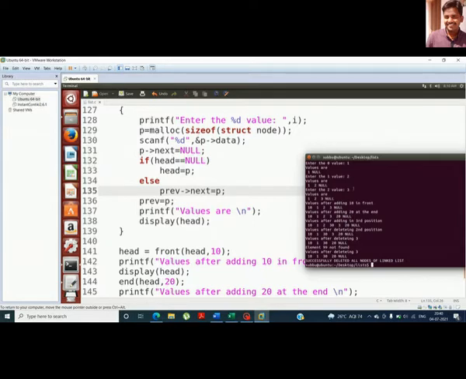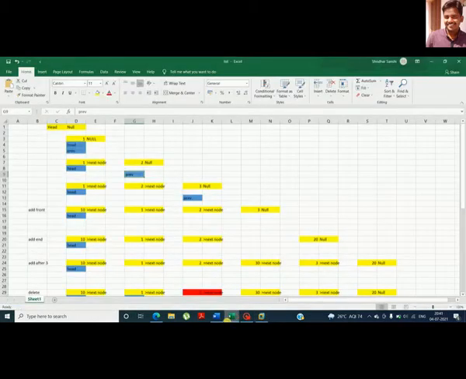Once I enter the third element, this is what I'm going to get: 1 2 3 null. This is what it is here. I'm going to place the previous next in this position. You can see here the address of this node, and then I'm going to jump the previous from this particular node to this particular node. So previous is pointing here. This is how I enter the 3 elements in a list.